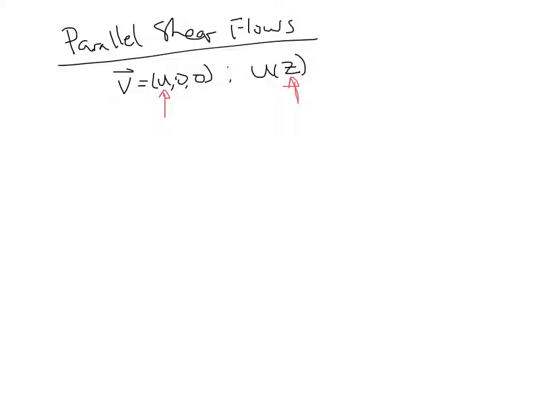What makes them parallel is that the flow is all in one direction, and the shear flow means that it varies only in a cross flow direction. So this could be z, it could be y, same application. The fact that flow is steady, and then we're going to further assume that the x and y derivatives of velocity are 0. And with that, our Navier-Stokes equations become